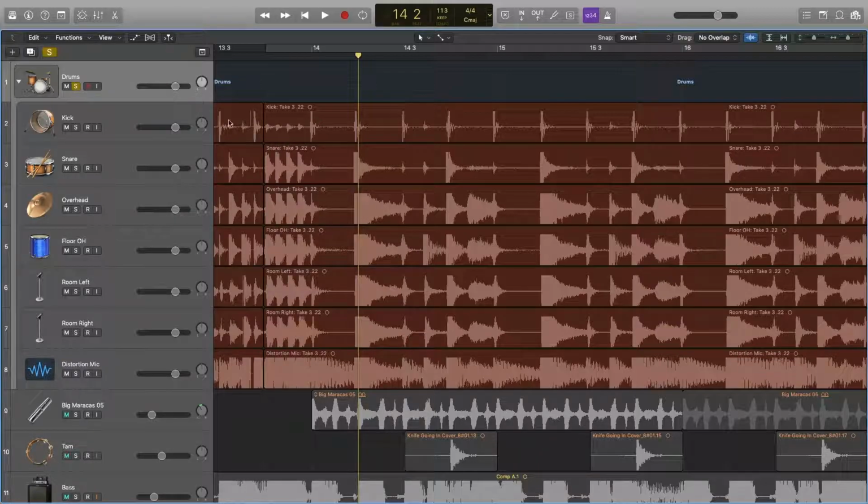So, the first thing we're going to want to do is group our drums into a group so that when we quantize one track, we quantize them all. You don't want to just quantize either just kick or just snare, what have you, because if you do that,